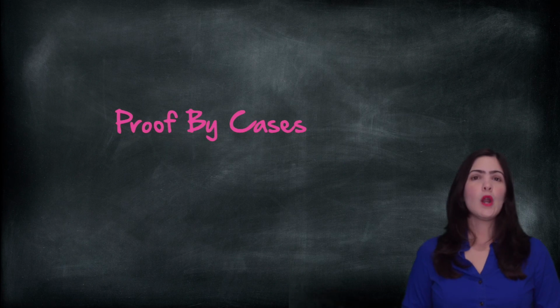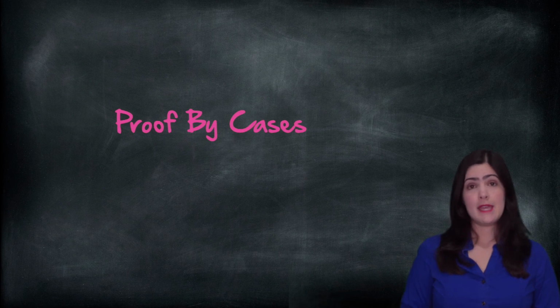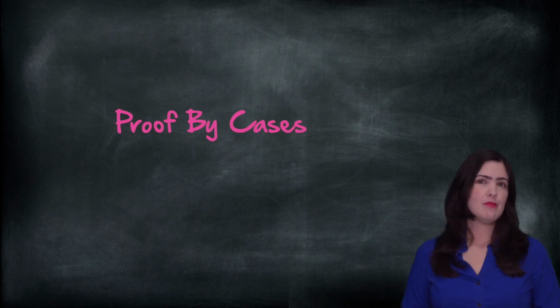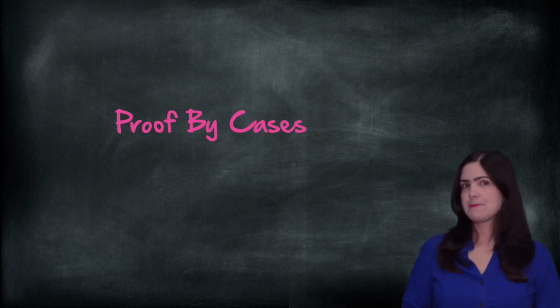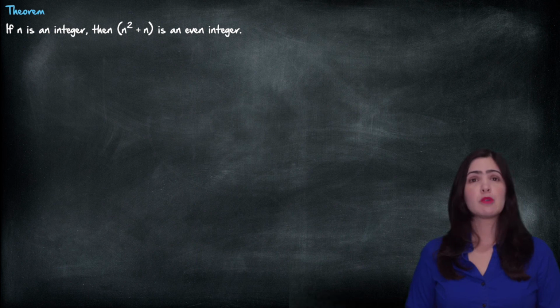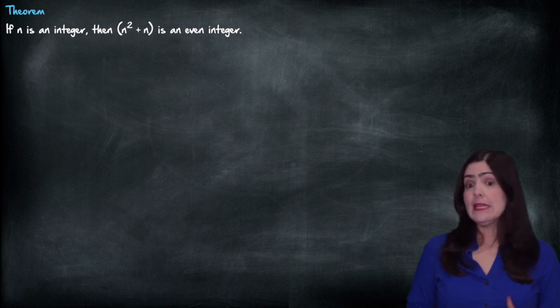In this video, we're going to learn how to write a proof by cases. First, we're going to do an example, and then I will tell you why it works. Imagine that we want to prove this theorem, that if n is an integer, then n squared plus n is